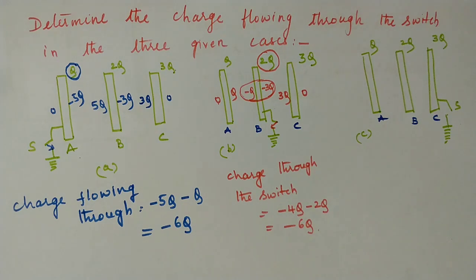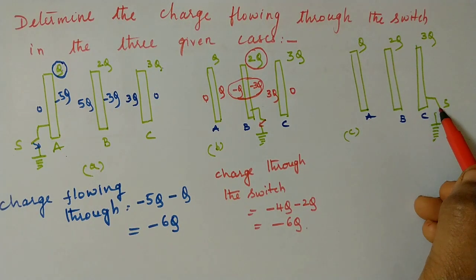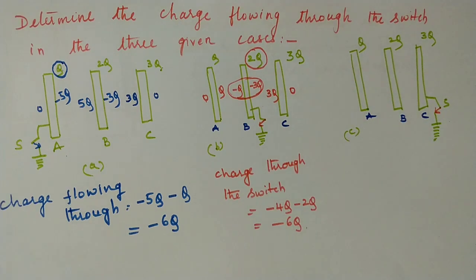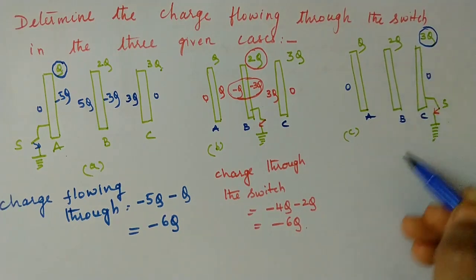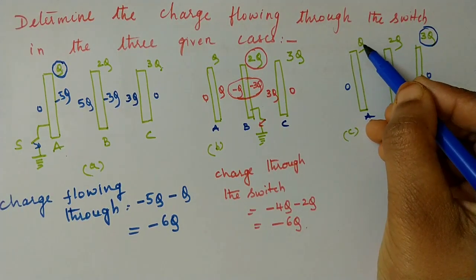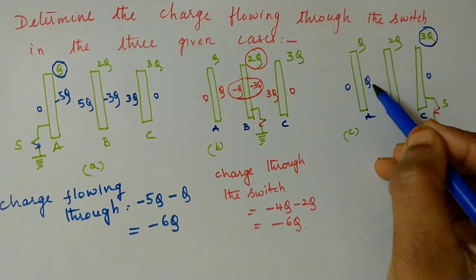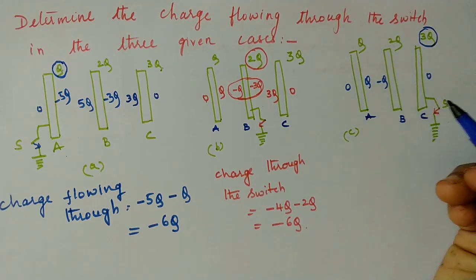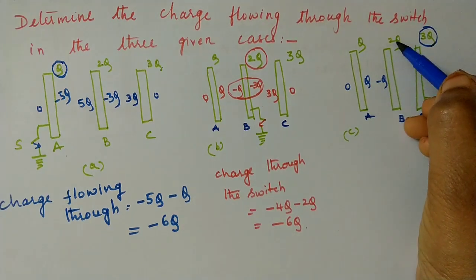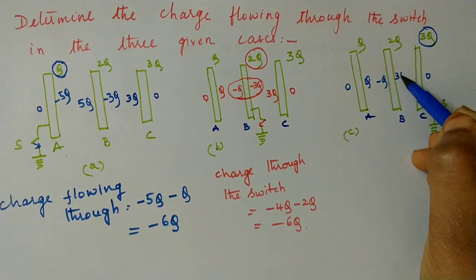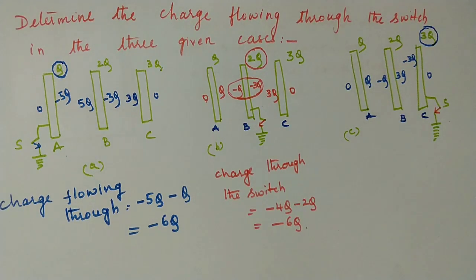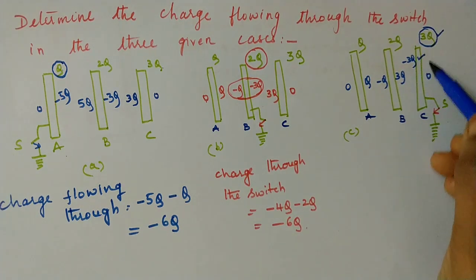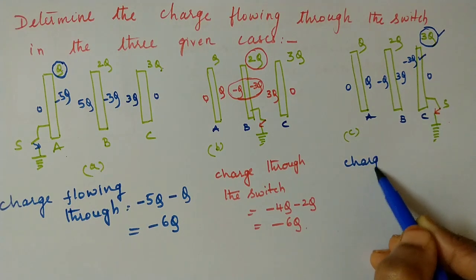And the C bit now. This time we are earthing this surface. So I'll close the switch. Circle the charge which is on the earthed surface. Make these two 0. Go to isolated plates. Sum is Q. So if this is Q, this should be Q. If this is Q, here we should get minus Q. Sum of these two should be 2Q. So if minus Q is here, we get 3Q. If this is 3Q, minus 3Q. Now look at the surface which is being earthed. Initial charge was plus 3Q. Final was minus 3Q. So charge passing through the switch.